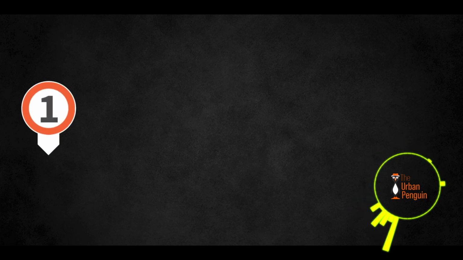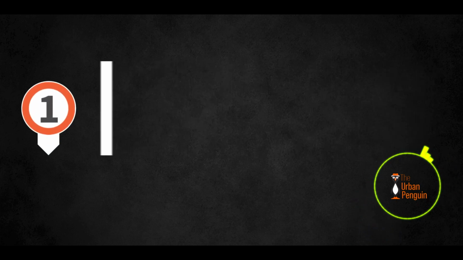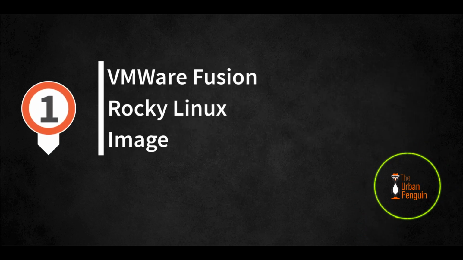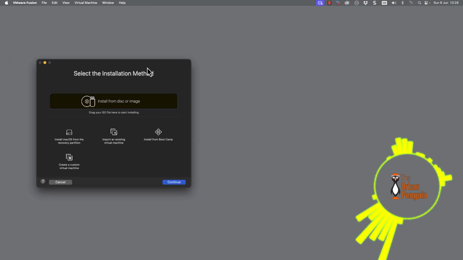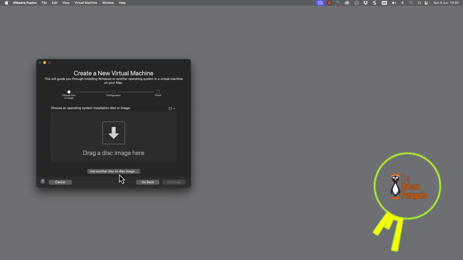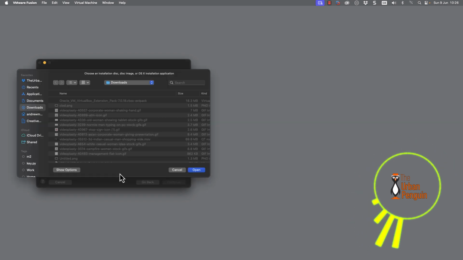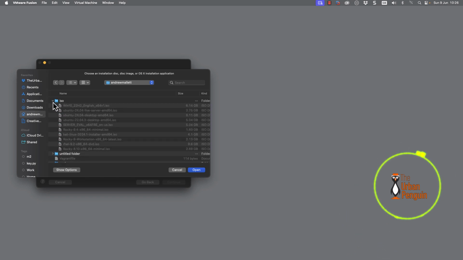In our first step, we're going to build an image in VMware Fusion for Rocky Linux 8.1.0. So, of course, to begin, we have to be able to create our golden image. I'm going to do that in VMware Fusion, but just make sure you've got the latest version. It has to be the Pro version if you're going to use it with Packer. So let's go through and just pick up my ISO file.